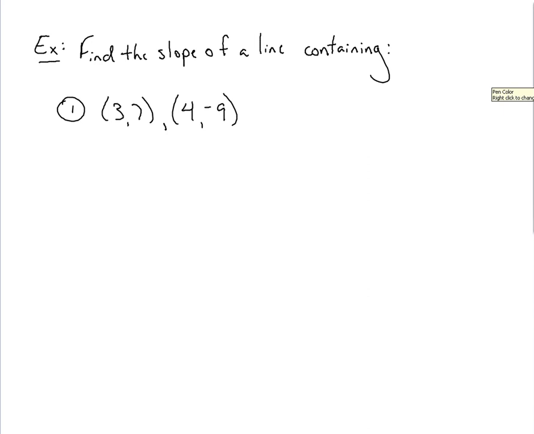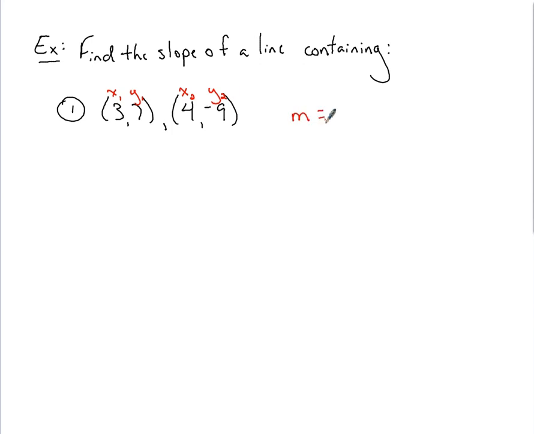If I want to be real specific to that formula, I could do some labeling saying, all right, x coordinate over here, that's x sub 1. Y coordinate over here, that's y sub 1. X coordinate for this point, x sub 2. Y coordinate for this point, y sub 2. If I do that, to find the slope